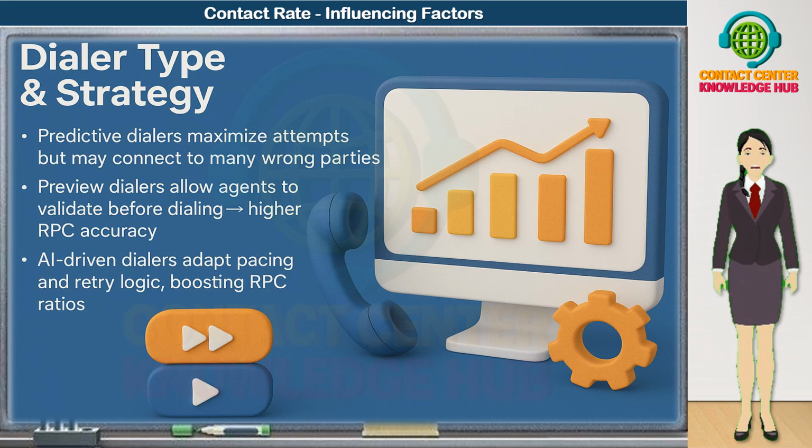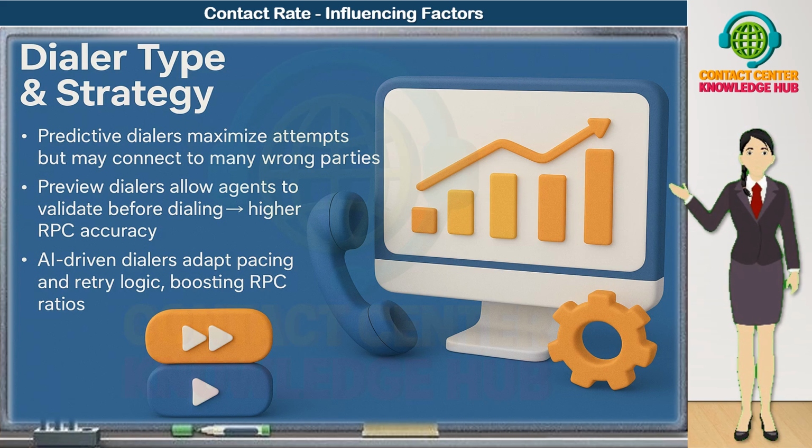Next, let's talk about another major influencing factor, the dialer type and strategy. Your choice of dialer determines how efficiently you balance volume, accuracy, and agent productivity. A predictive dialer focuses on maximizing call attempts. It dials multiple numbers at once and connects agents only when a customer answers. While this boosts overall call volume, it can also lead to more wrong party connects or abandoned calls if not